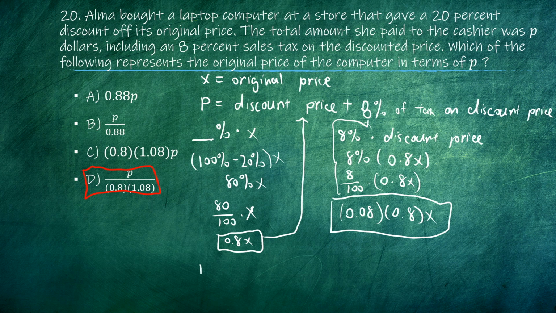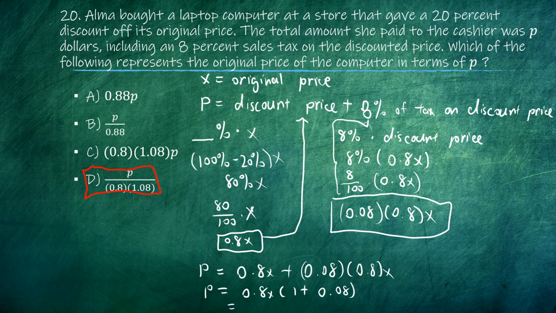And when we rewrite and plug in each of these into the equation, P is equal to 0.8x plus 0.08 times 0.8x. And we can simplify this by pulling this term outside. So we have P is equal to 0.8x times 1 plus 0.08, which in turn is equal to